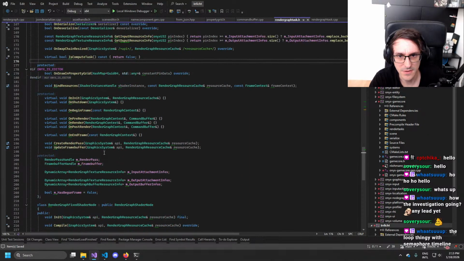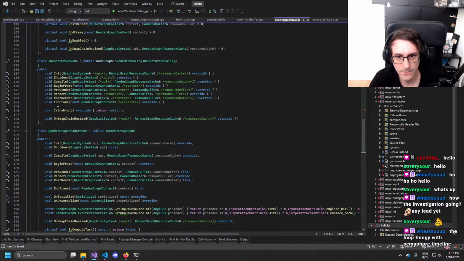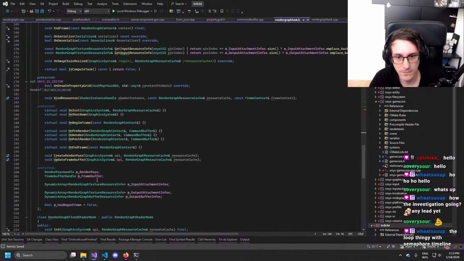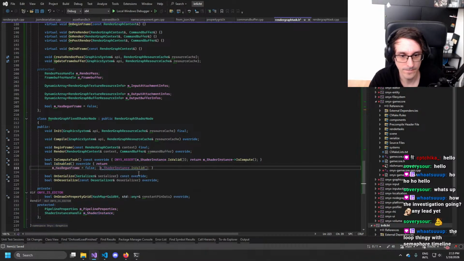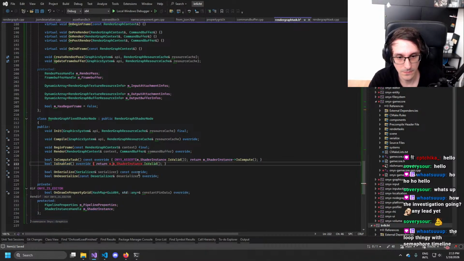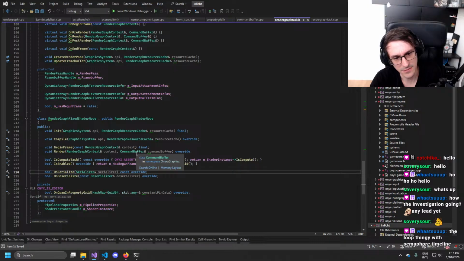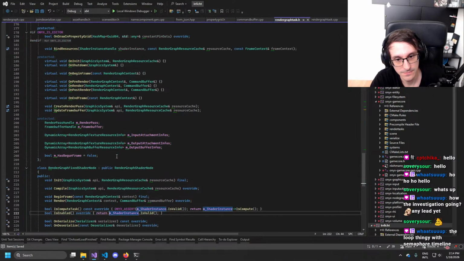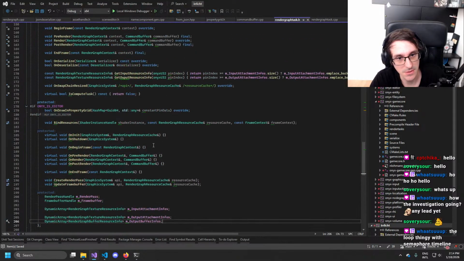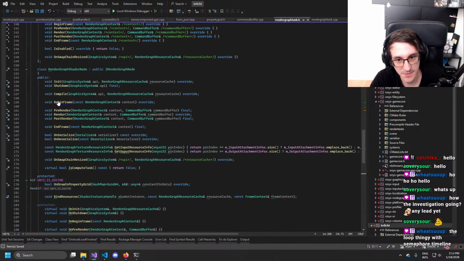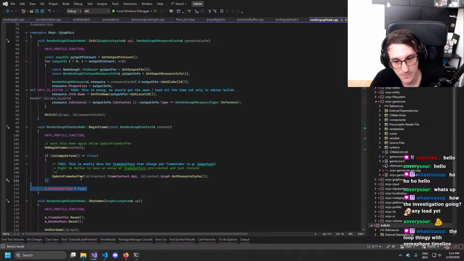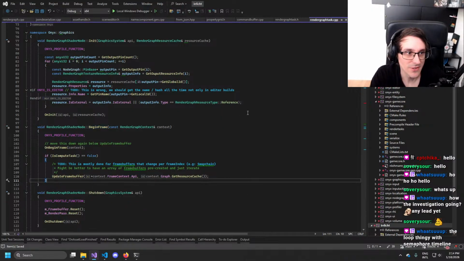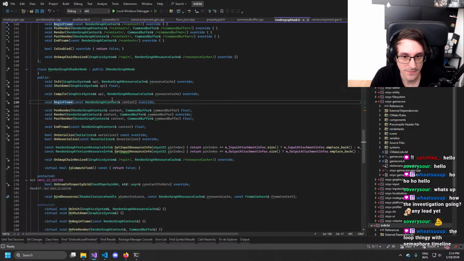And then we have an is enabled somewhere. Oh wait, that doesn't work. Okay, never mind, that doesn't work. That would be self lockout basically. Maybe I just do it on the render graph level then.